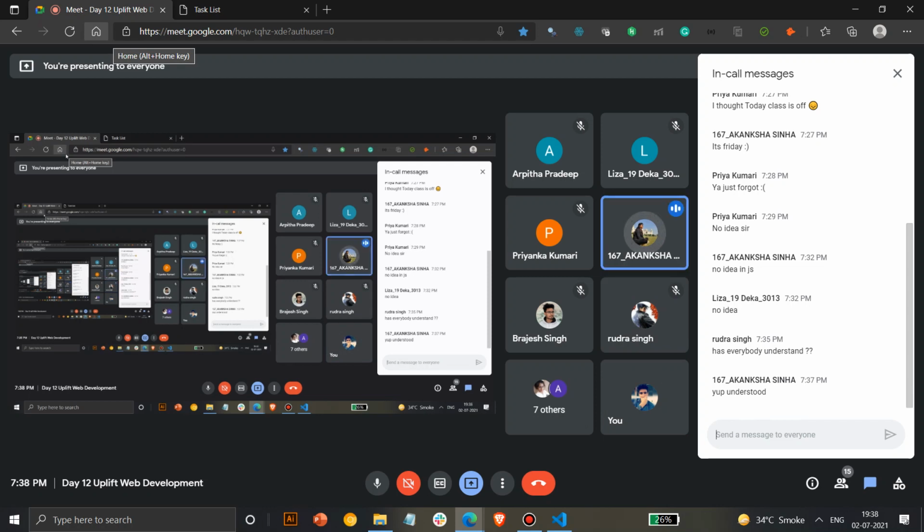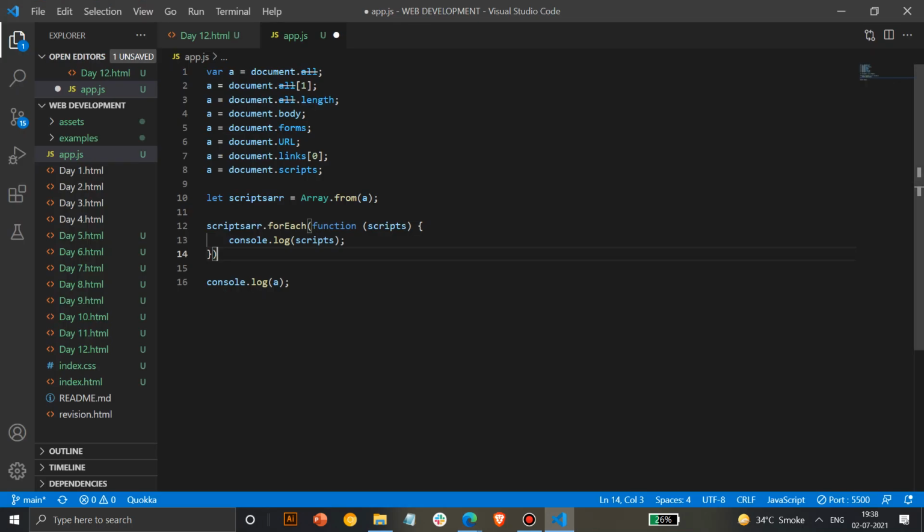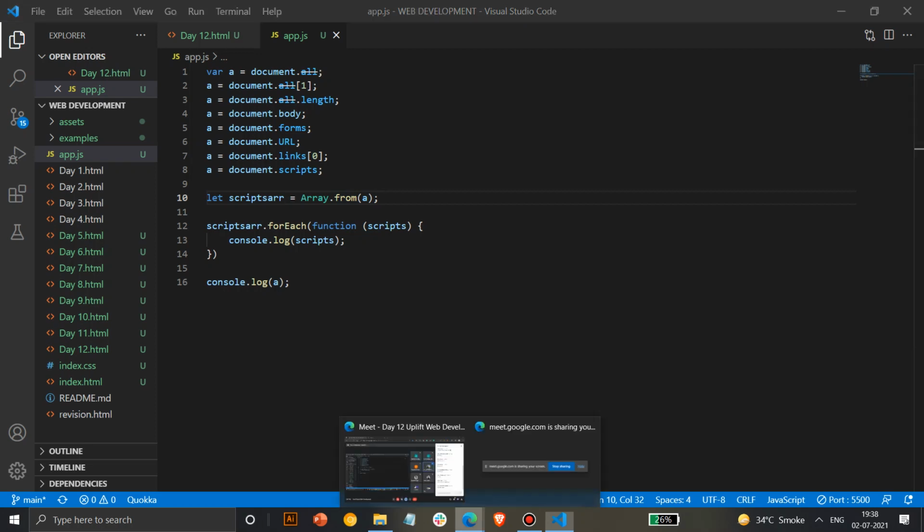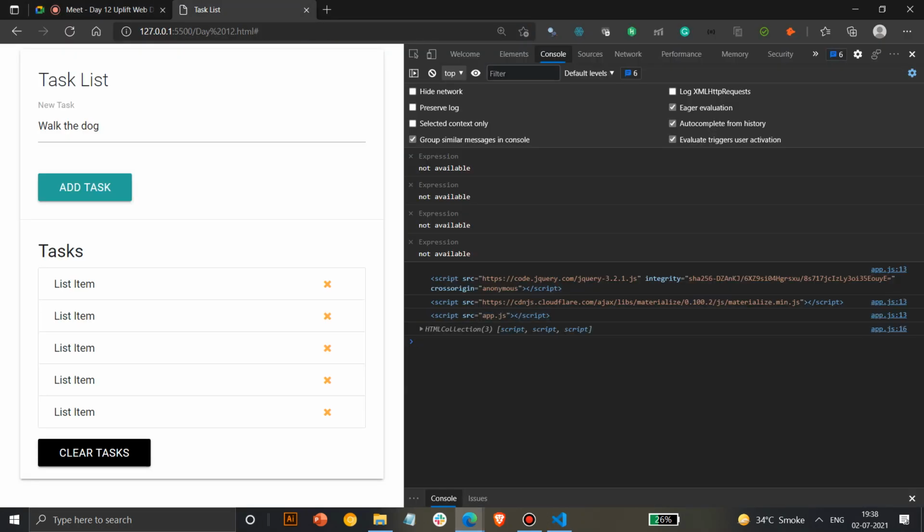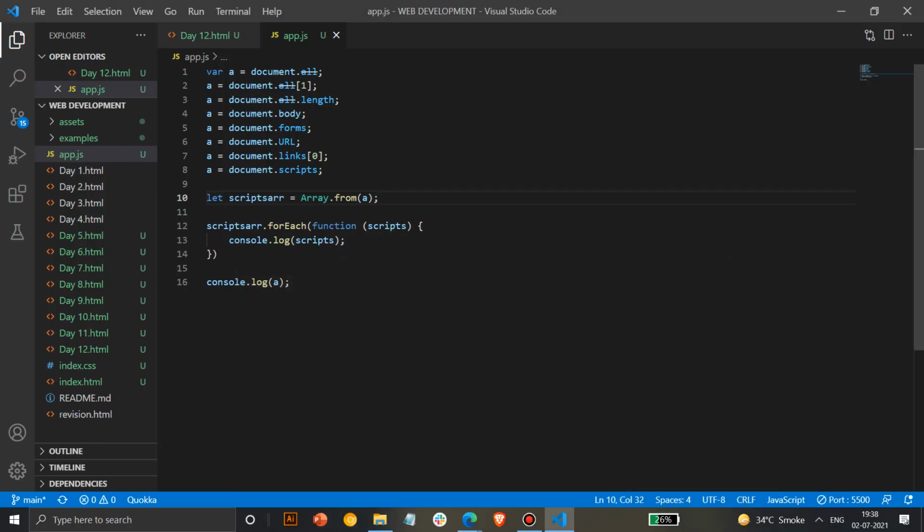So in for each, we have this collection. When the function is running, each script element is taken and it is displayed. It's like the for loop for an array or any other data type. Like we use for in different languages, it is similar to for. Okay. I also have a doubt: you have used scripts, so can we use the same function for class and IDs?